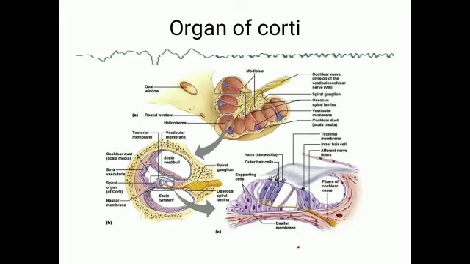And innervation means the afferent fibers, that is the fibers from the cochlear division of the vestibulocochlear nerve. The afferent fibers innervate mainly the inner hair cells. So 95% of the afferent nerve fibers, the nerve fibers coming from the modiolus, arise from the inner hair cells. Only 5% arise from the outer hair cells. Whereas the outer hair cells have efferent nerve supply also. These efferent nerves come from the superior olivary complex situated in the medulla. So you call it the olivocochlear nerve bundle.